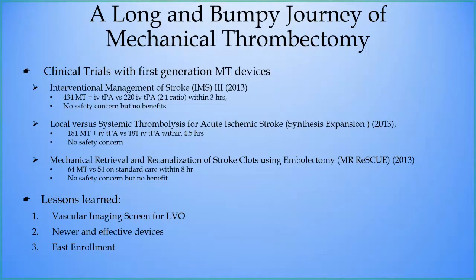And also, the first generation of mechanical thrombectomy devices was not as effective as initially thought, and the enrollment took much longer to get enough candidates for the trials. Because of those lessons we learned from those 3 clinical trials,